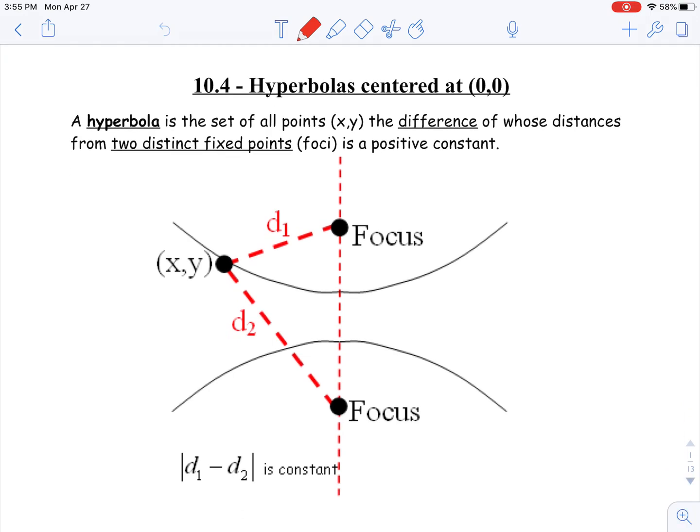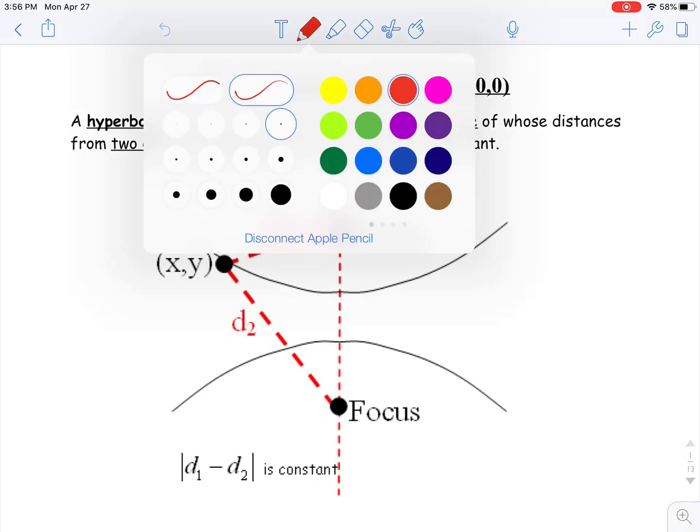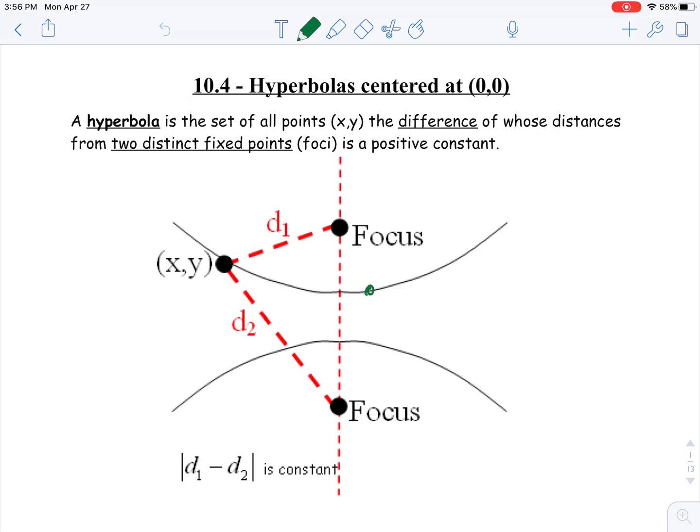To give you a little definition of hyperbolas, it is the set of points, so any point that's on one of these, what we're going to call branches, where the difference of the distances from these focal points is a positive constant. Okay, again, the definition always sounds a little bit weird, but just to give you an idea of what this definition means, it's telling us that if I plotted another point,